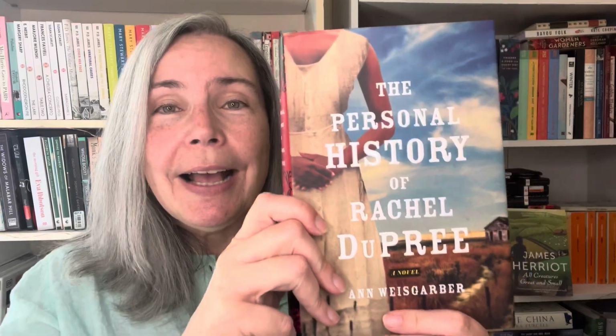And I will just read you the description from inside this book because I know very little about it. I've had this book on my TBR forever. And actually, I purchased this after I had read another book by Ann Weisgarber that I loved, called The Glovemaker. I read that book a couple of winters ago, and every November, December, I